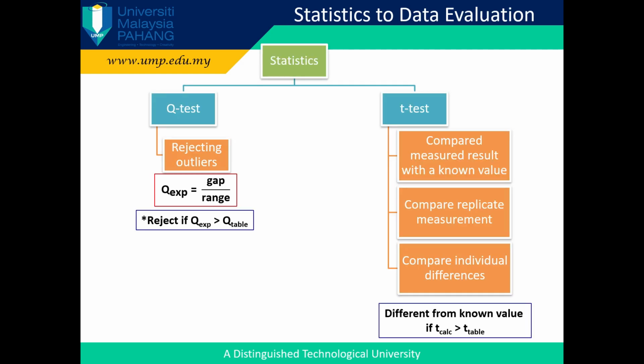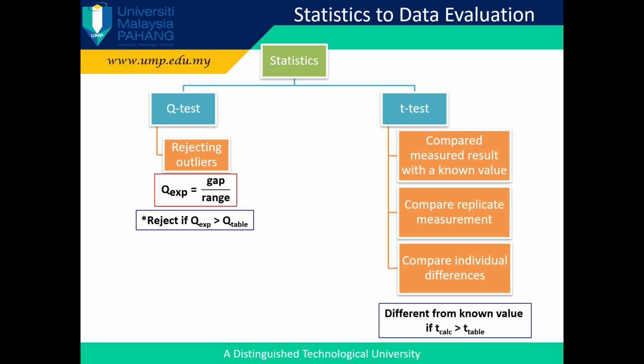Here are two common tests used to evaluate data in analytical chemistry, including Q-test and T-test. Q-test is used to reject outliers. Outliers are extremely high or extremely low value in your data. We can identify an outlier by using Q experimental equal gap over range equation. The value should be rejected if Q experimental is greater than Q table,